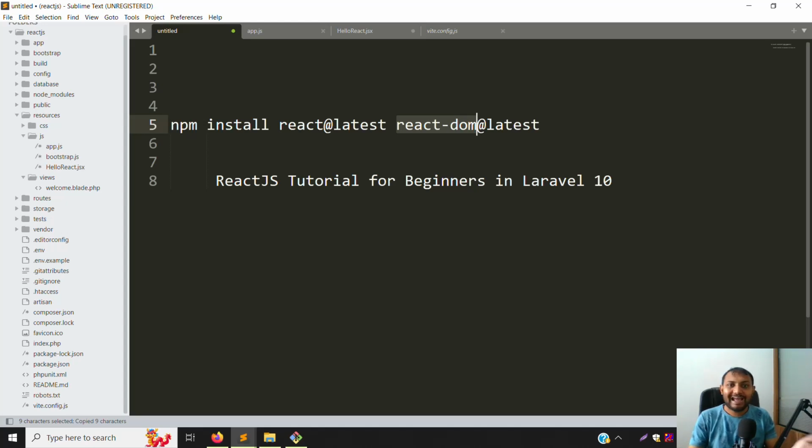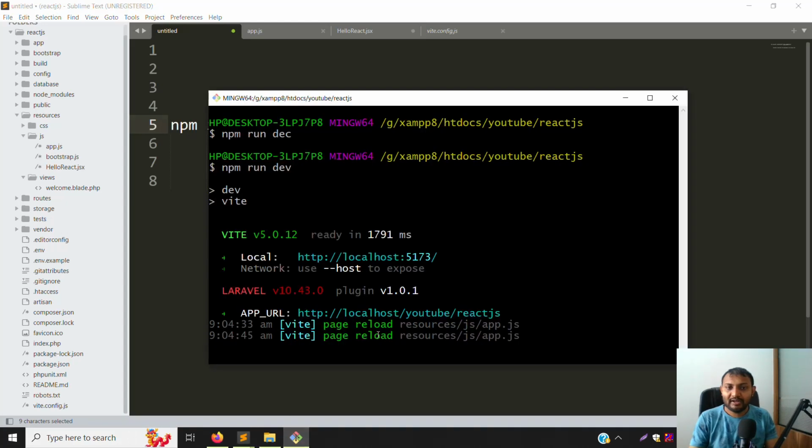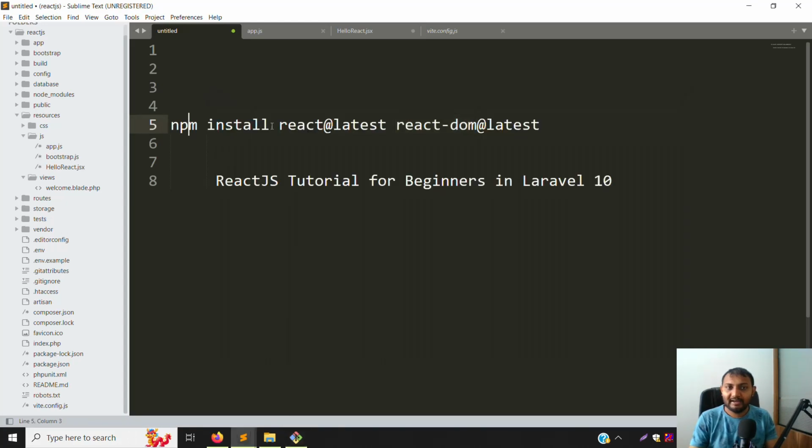Suppose you did not do it in the last video, so you can go back and put here your command: npm install react@latest react-dom@latest. This command is always needed, because this is the new Laravel and new React.js, this is the reason. Okay,